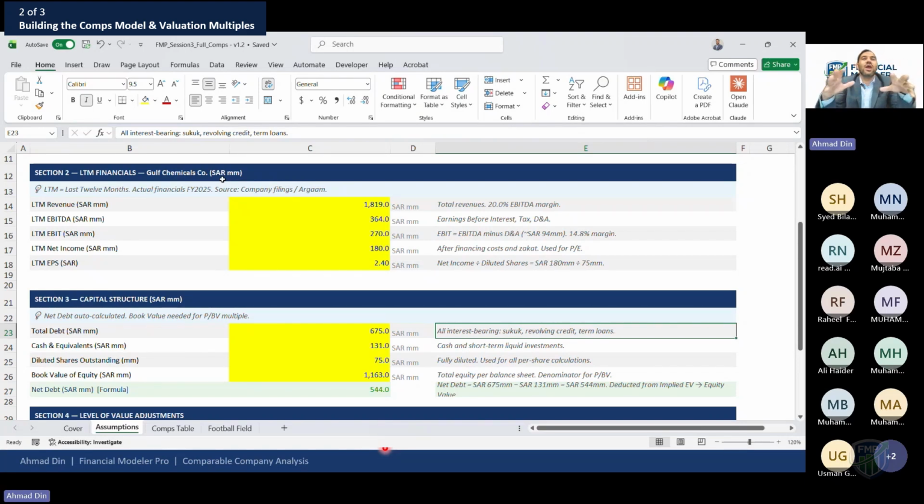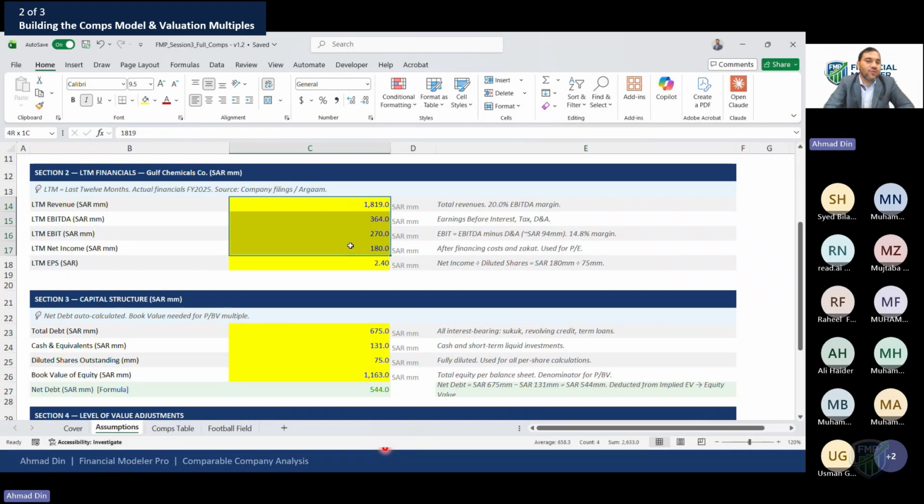These are the line items which are required. The reason I said it's easy to apply is that we just need a few numbers for our target company. For DCF, we do the full financial model: we calculate the full income statement, revenue, COGS, G&A, everything. But here we have the historical numbers and we just apply them. In our income statement we need four line items: revenue, EBITDA, EBIT, and